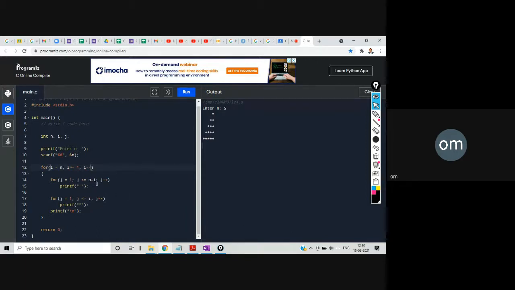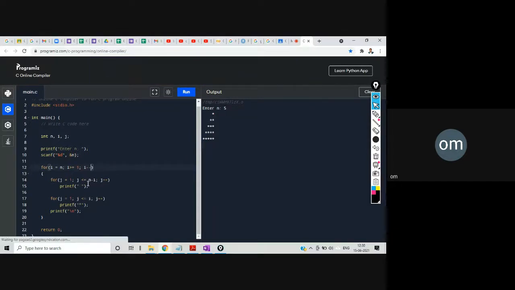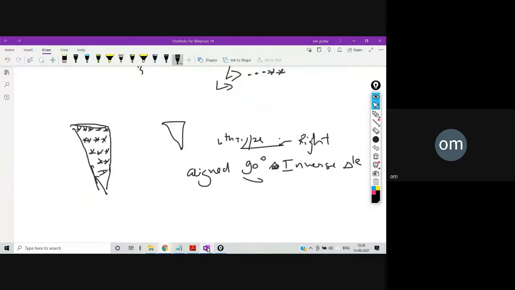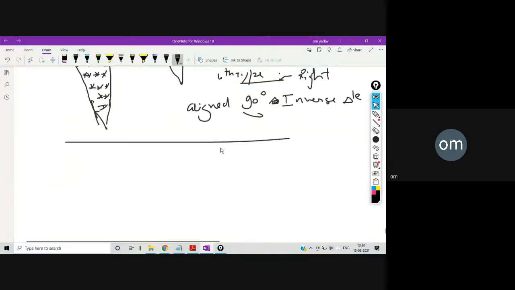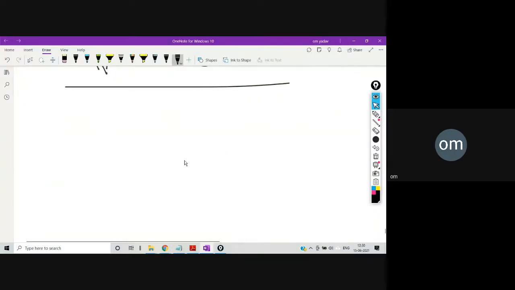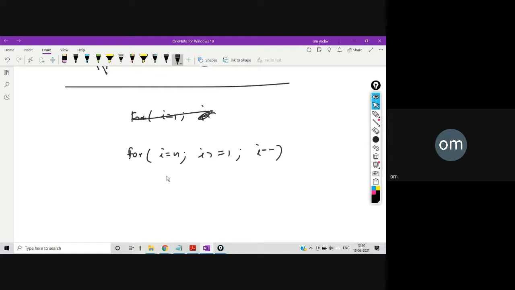If this is there, what changes will we do? I'll explain here so that you can visualize it. I'm writing the loop like this. For i equal to n, i greater than or equal to 1, i minus minus.